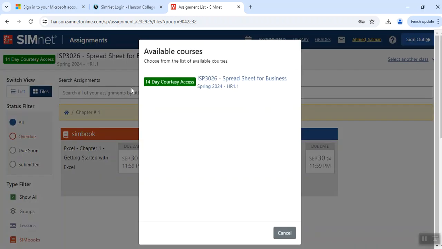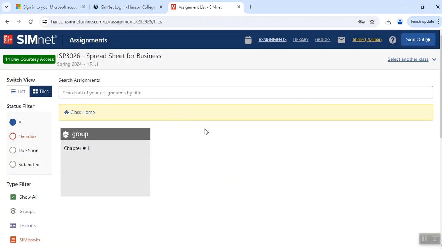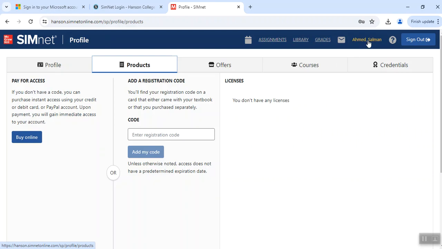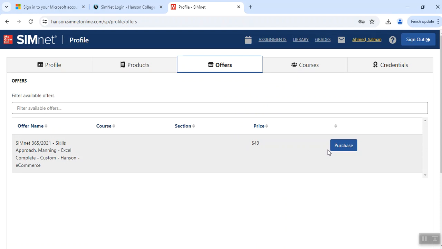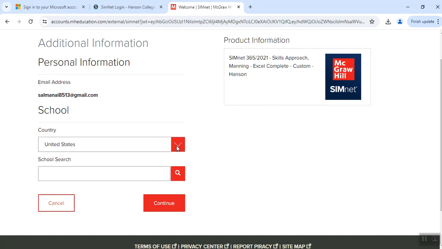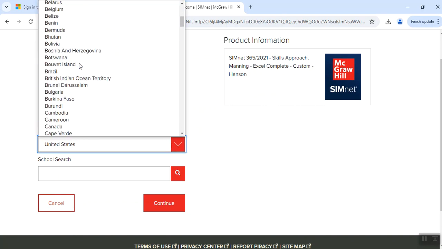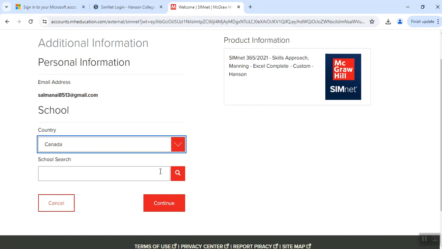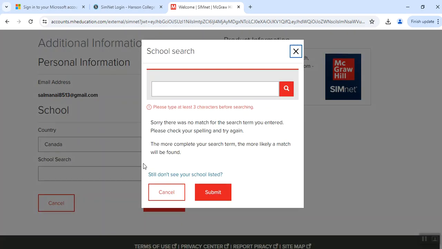Once the 14 days are very close to finishing, then you click on your name and then you're going to put buy online. And in that way, you come to this screen called offers, and under offers, purchase. Once you click on purchase, it will ask you which country. So you are coming right here called Canada, then the school you're looking for in here,